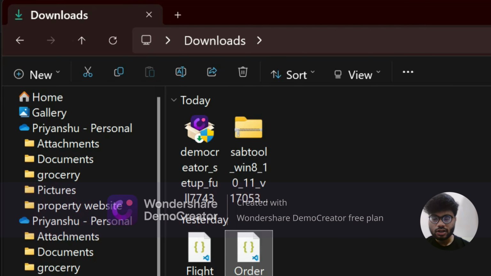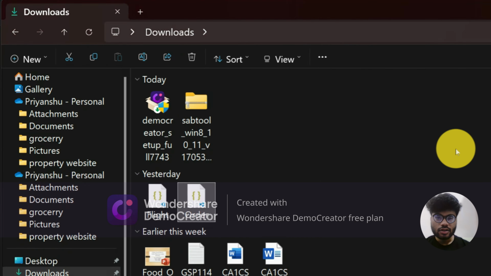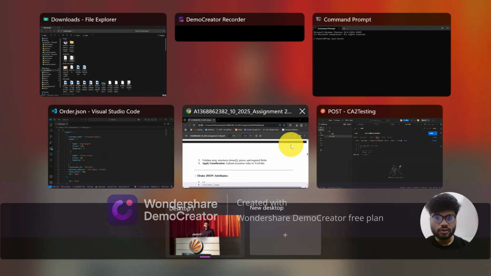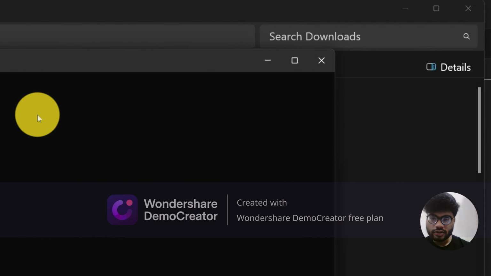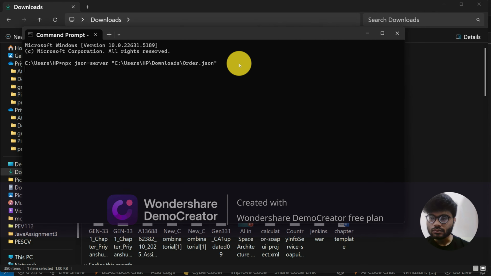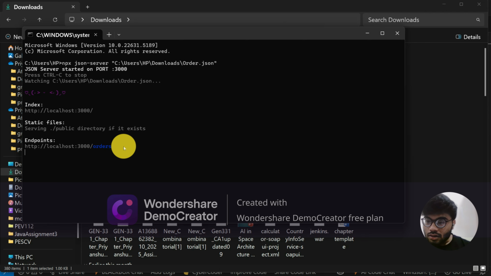After that, go to the command prompt, paste it here, and enter. This executes. After it has executed, here is the endpoint. Copy this